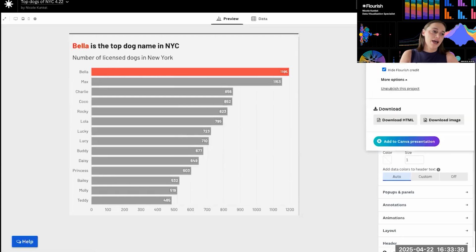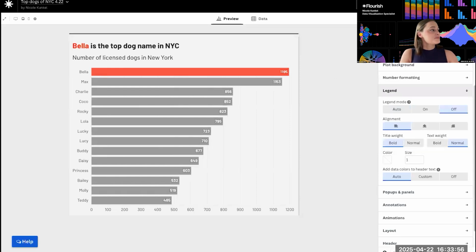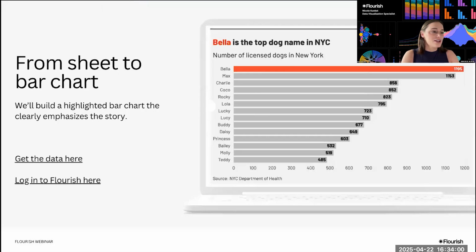And then when I want this to go live, I can just grab this script embed, copy and paste this into my CMS, and the chart itself will be live. You also have some download options or add to Canva right here directly. So that's how you're going to make any Flourish chart from scratch with some data storytelling principles as well.